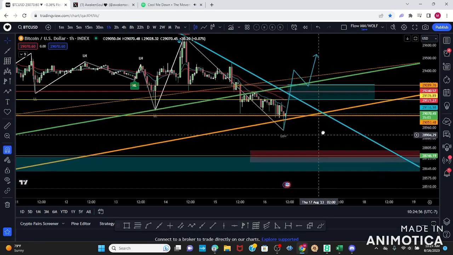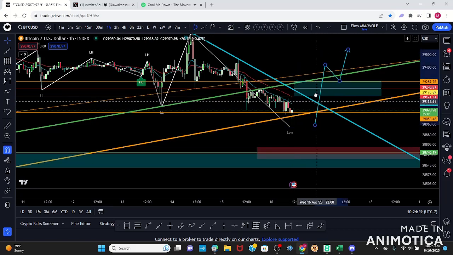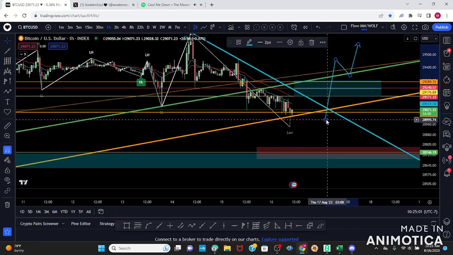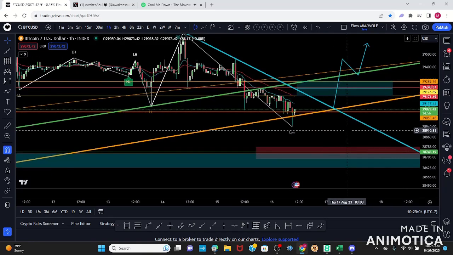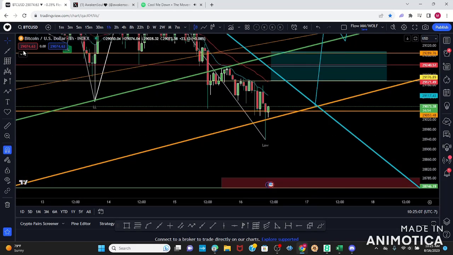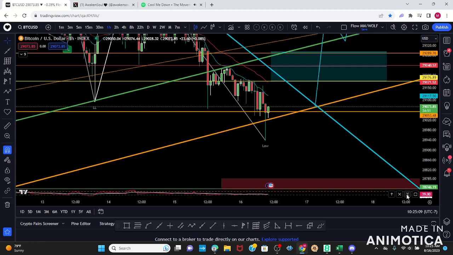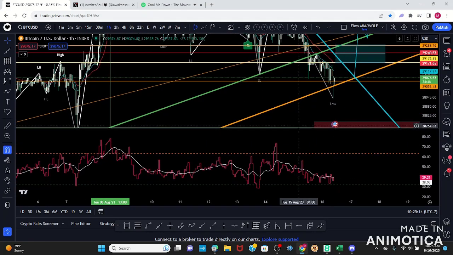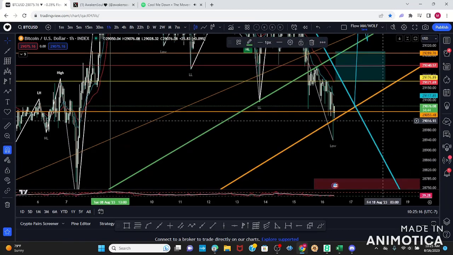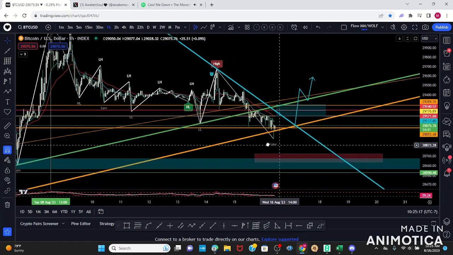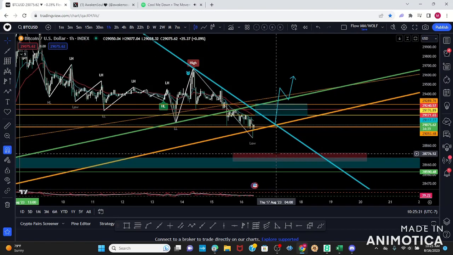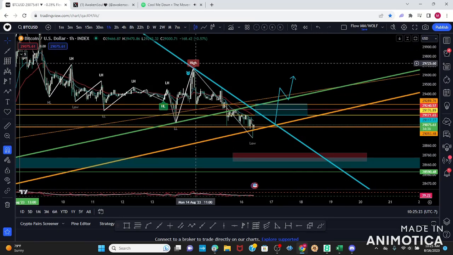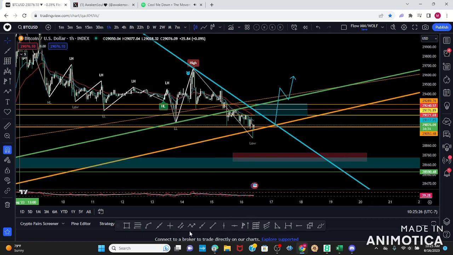Okay. And for my day entry right now, if I was just walking in, let me move this to the side a little bit. We are in a day downtrend. Okay, so let's look at our RSI. It's not that oversold. So you have to understand market structure. Okay, so what is the next possibility? We have a high, we have a low. What's the next possibility? It's going to be a small retrace and come back down,